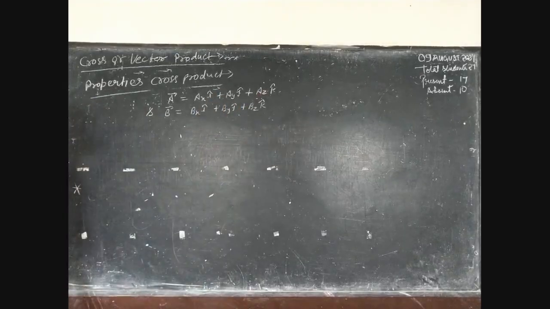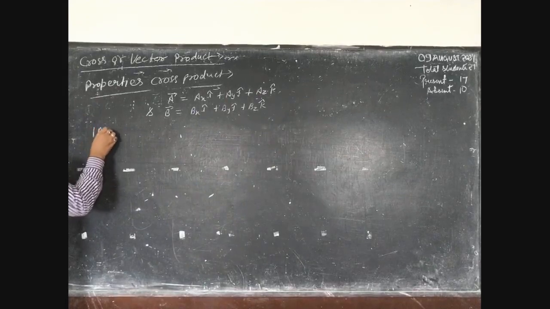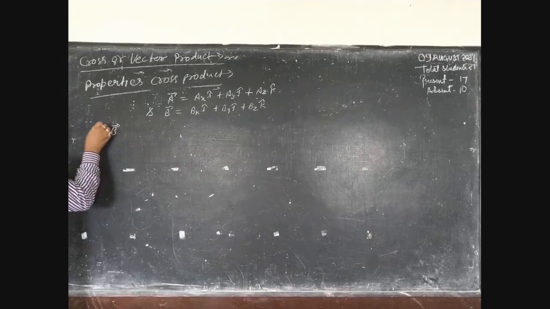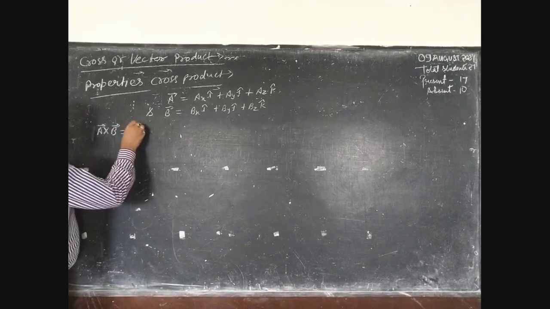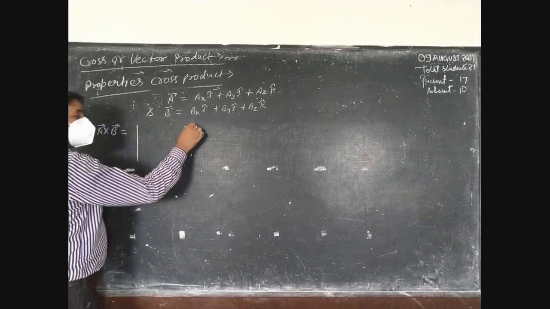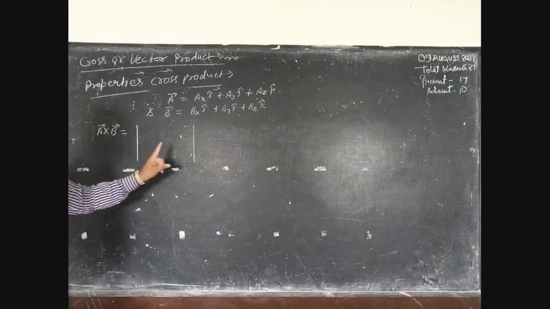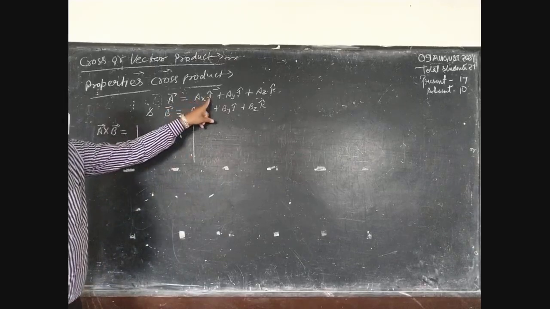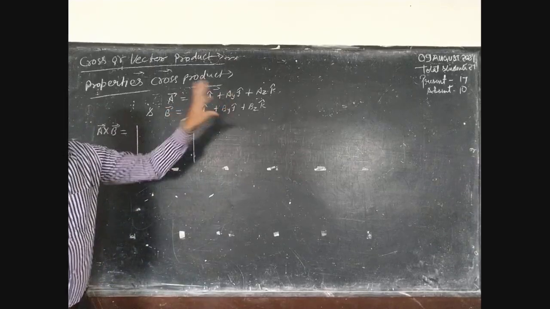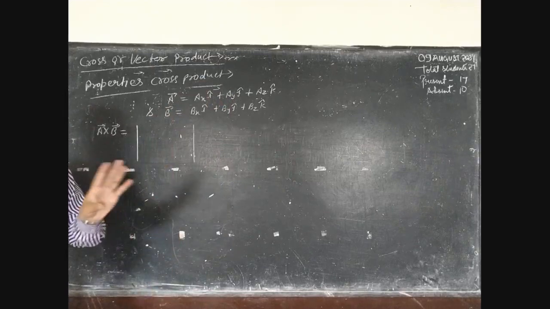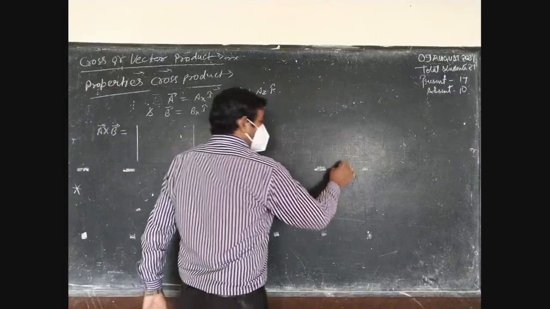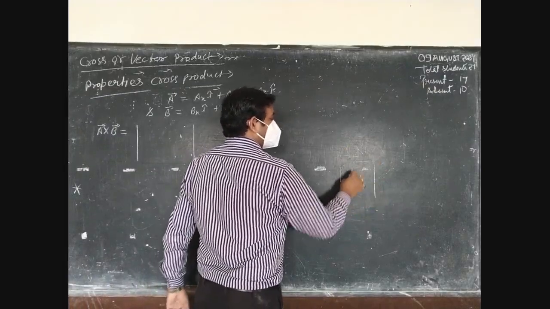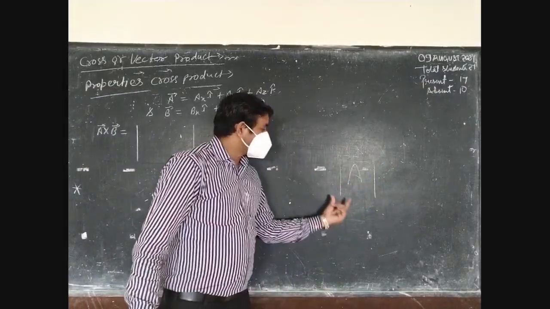Okay, therefore the cross multiplication of two vectors, vector A and vector B, is given by: you have to first set the coefficients of x, y and z, or i cap, j cap and k cap, in a determinant. Until now, if you used any value, let's say you put a in it, so you use this